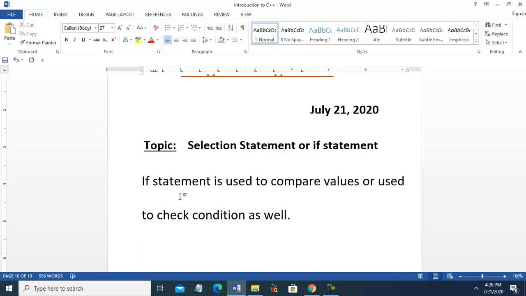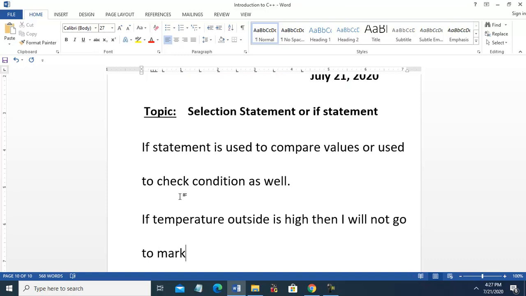For example, if the temperature outside is high, then I will not go outside, not go to the market.